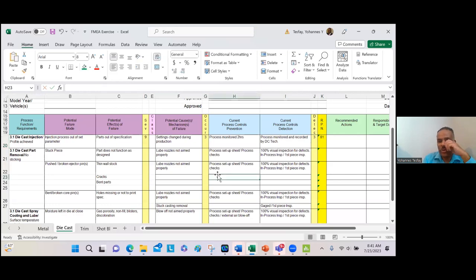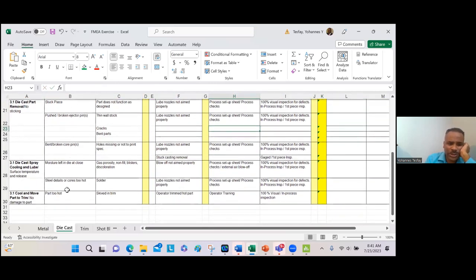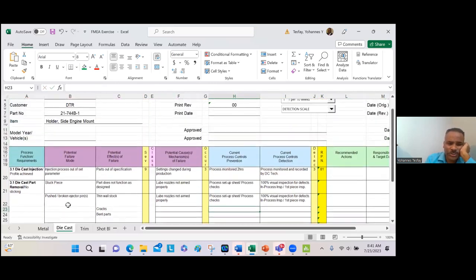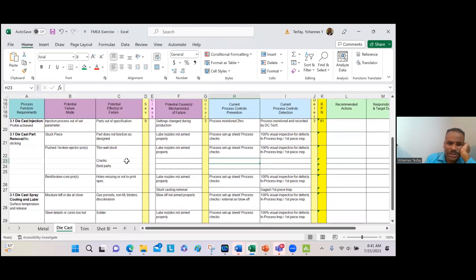It could be those kind of measurements. so all these እዚህ ጋር የምታያቸው ነገሮች ምንድናቸው ማለት ነው ፌለር ሞዶች ናቸው ከዛ በኋላ እዚህ ጋር ፖቴንሻል ፌለር ሞድስ what they gonna just come next. ኮዞቹ ናቸው okay ኮዞቹ ናቸው ስለዚህ አሁን እዚህ ጋር setting changed then parts are out of specification